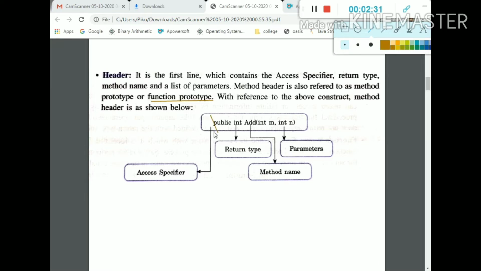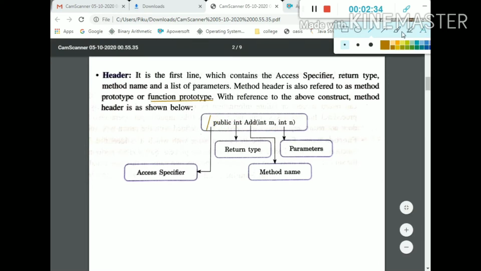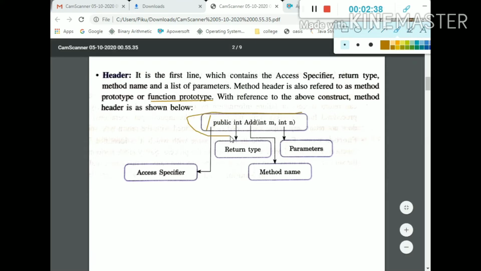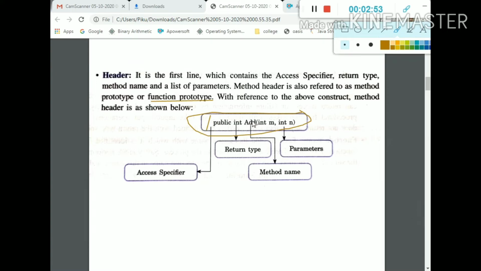So that is a function. Here public acts as the access specifier, int acts as the return type, add is the method name, it can be any name related to the topic, and int m, int n are the parameters.